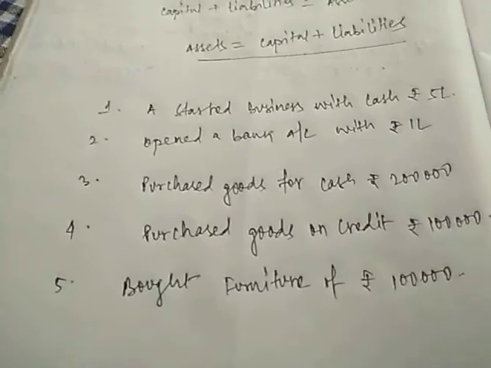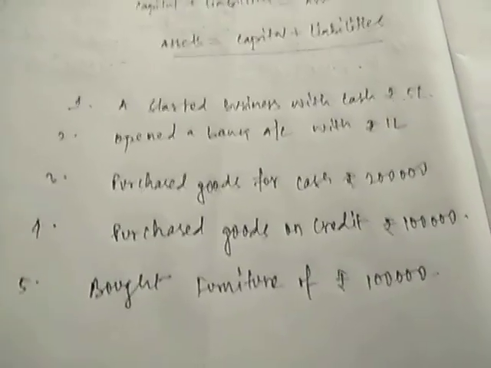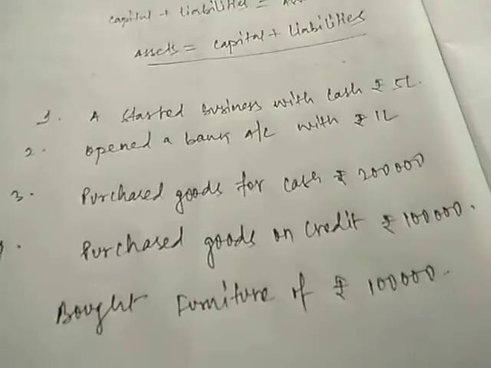I hope you have seen the transactions. So we have taken very basic transactions that may occur in a business. Now let us see the format of an accounting equation. All of you please check it very carefully. This is the format of an accounting equation. This is how you need to prepare a format for the accounting equation. Always remember, in class 11 accountancy, format is the most important thing. The most important thing in accounts is a format.